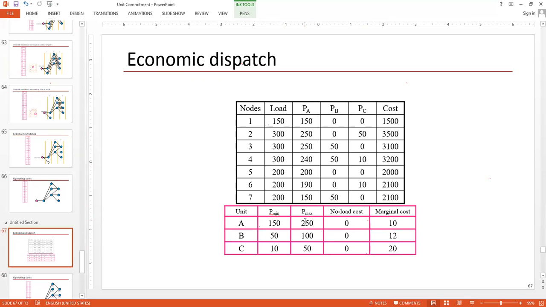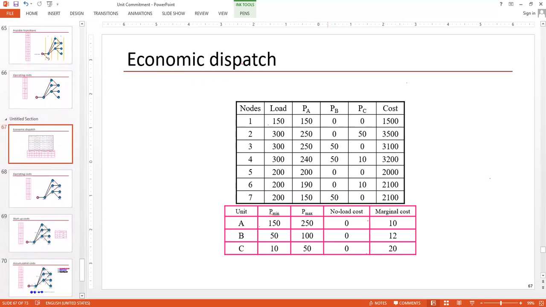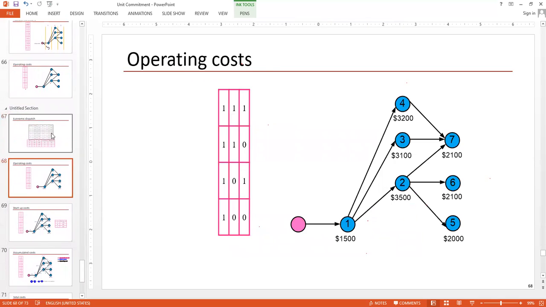So if I add the maximum of unit A and the maximum of unit C, I can satisfy the demand. So then 250 into 10 plus 50 into 20. So that gives you 3500. And accordingly, I think you can now calculate all the remaining values over here. Okay, it's pretty easy. So then after we do that small economic dispatch calculation, we end up with